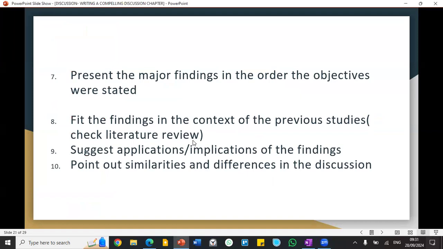Moving on. I've already said number 7, where you have to present the findings in the order of your objectives. And also number 8 is where you